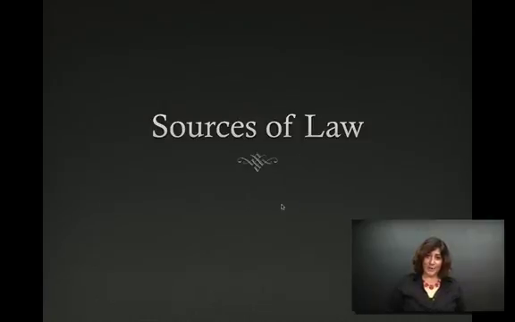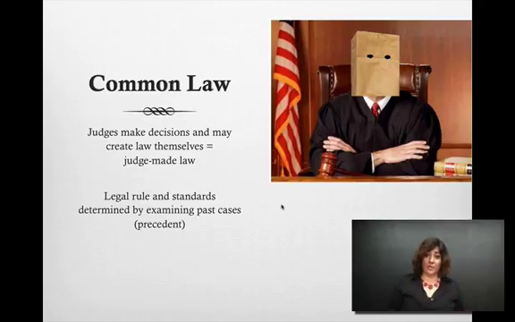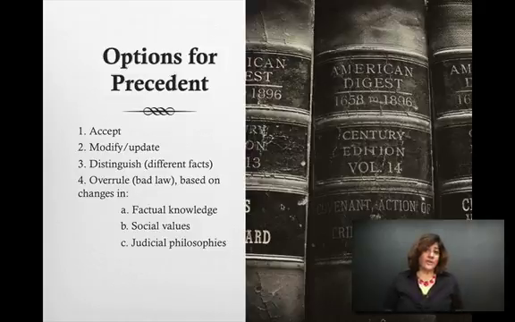We're going to spend a lot of time talking about law this semester, so let's take a look at some of the areas of where law begins. One of the most common types of law that we're going to talk about is common law. This is also known as judge-made law. This is where judges will look at previous legal circumstances and standards, and they will make a determination on a present case. Now, during this opportunity, a judge can do one of really four things.